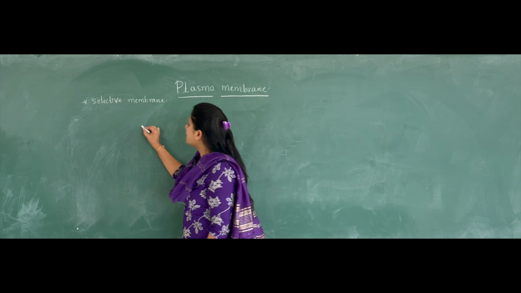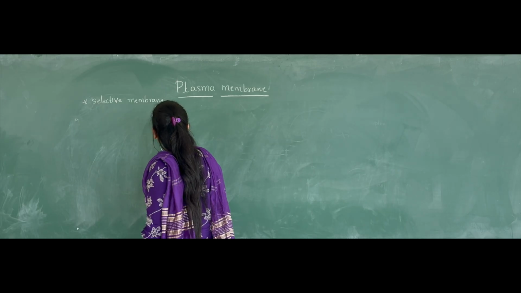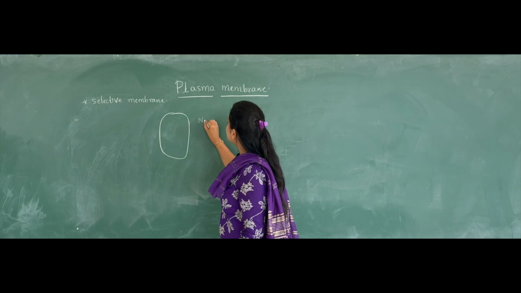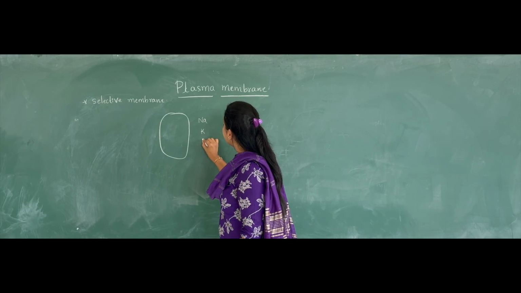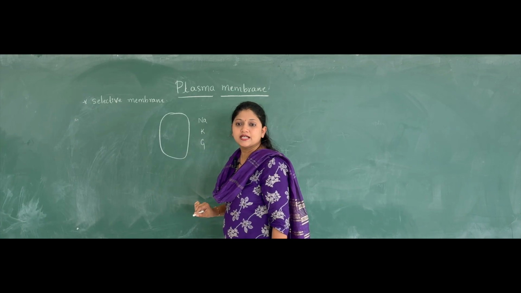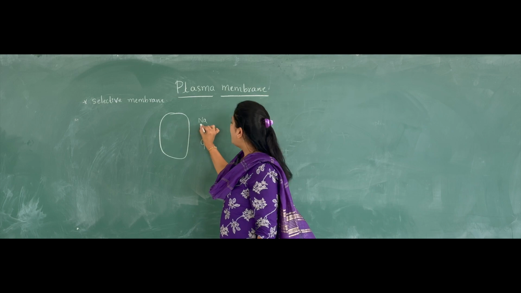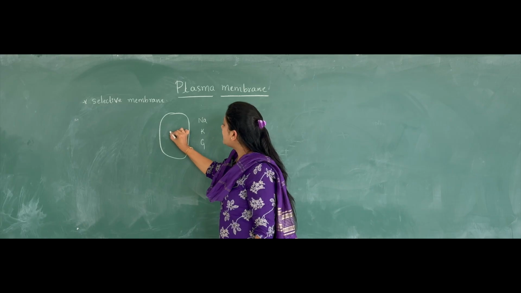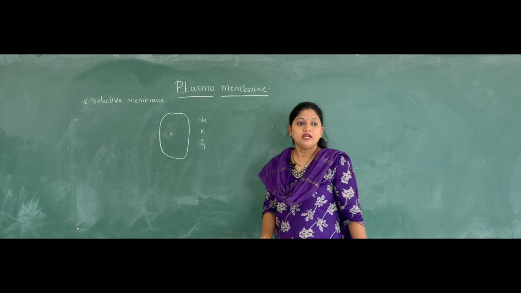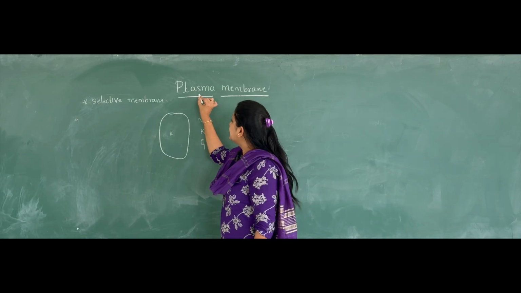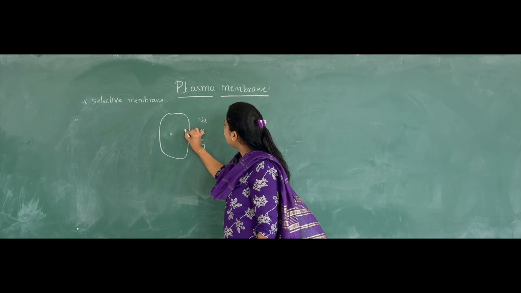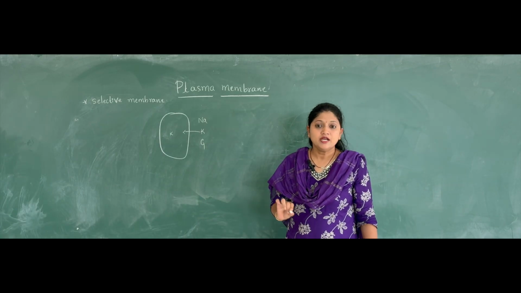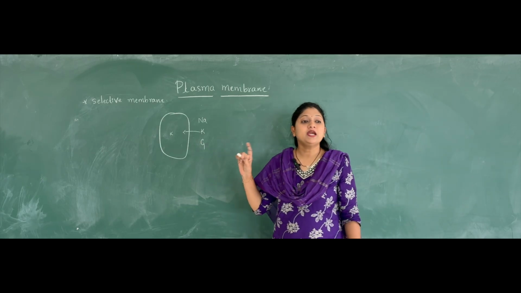On the basis of the requirement of the cell. For example, we have sodium, we have potassium, we have glucose present outside the cell. Let us imagine all three have the capacity to enter the cell, but right now the cell requires only the potassium. In that case, the plasma membrane will allow the entry of only the potassium; sodium and glucose are not allowed. So we call it a selectively permeable membrane.